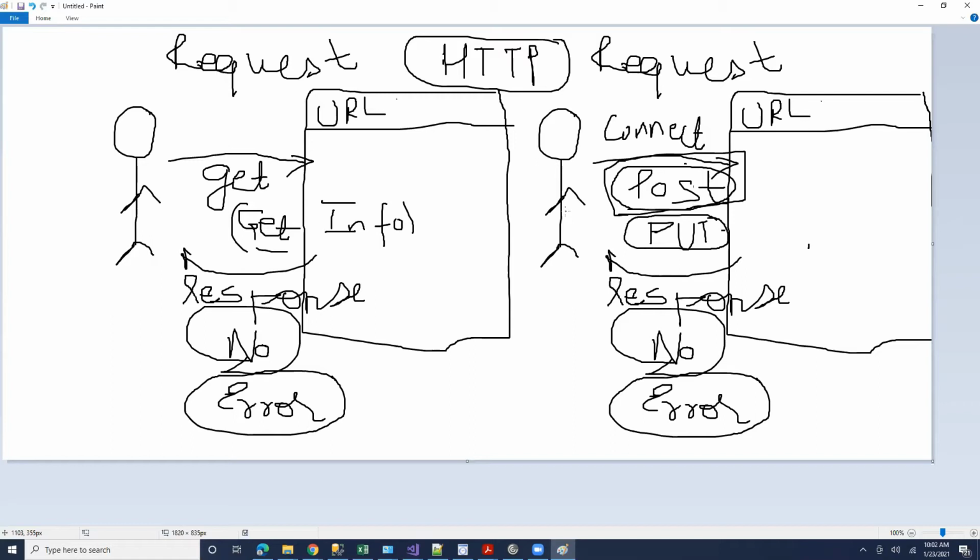Put is when you send some object or when you want to create something on the destination, like you have a Google Sites or a Wikipedia page and you want to create a brand new Wikipedia page or a new YouTube video, then you are putting this information there. So that's put. And then delete is just deleting whatever information you have access to. Now, this is a very, very simple way of talking about these things. There are, of course, a lot of subtleties involved.